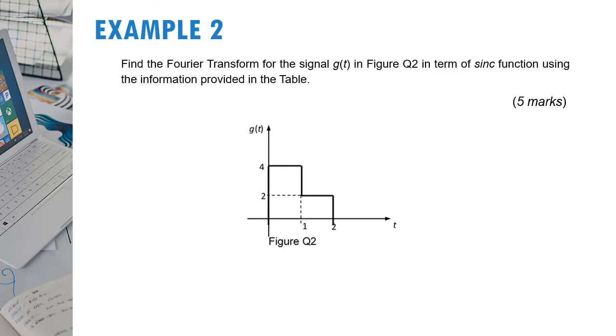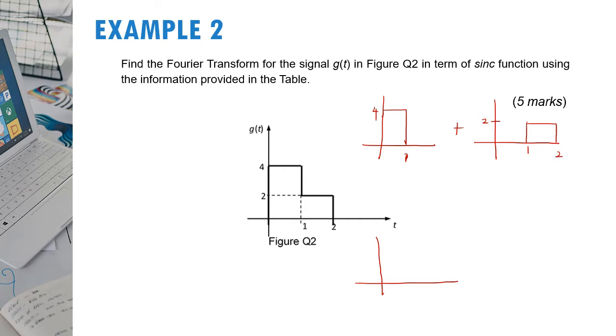So you have flexibility to choose whether to consider this signal plus this one, 1 and 2, or you can also consider this one, 1 and 2,